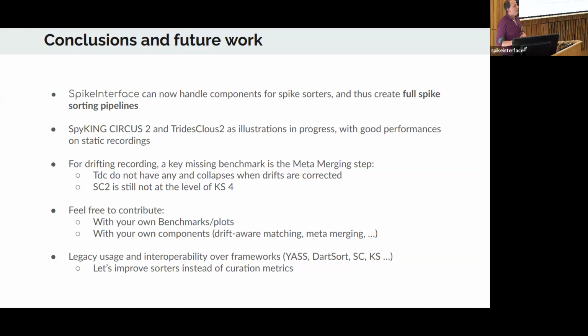No, I mean, I don't have a way to know what's the best pipeline already. I would not do all those benchmarks. But you might have hints at least on where it's going wrong and where you should focus. It's still work in progress in the sense that we don't know what the key is. Clustering clearly and template matching are the two steps where it seems that we are losing a lot of cells, even though the motion seems to be corrected in the best way we could think of these days. So this is already something that should tell us that there is some work that has to be done there.